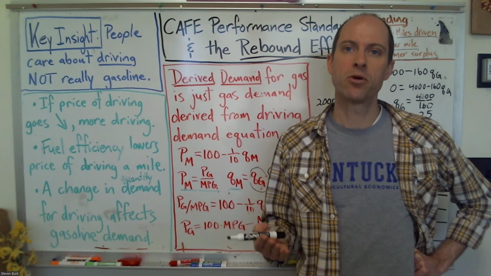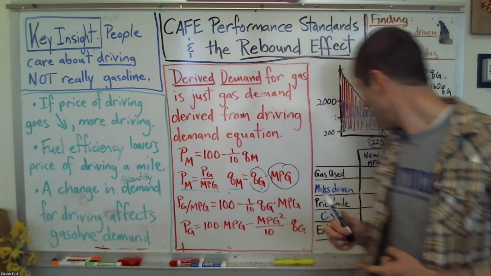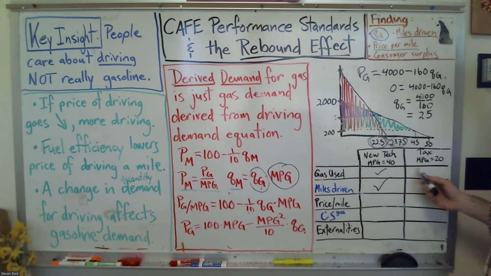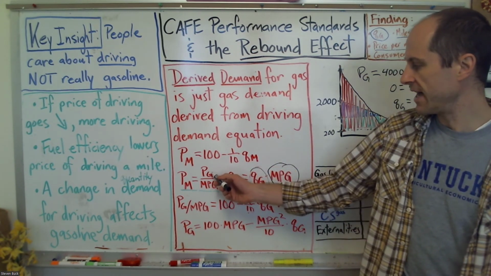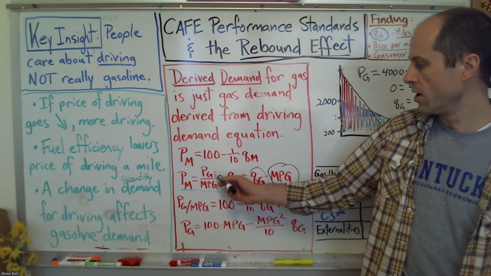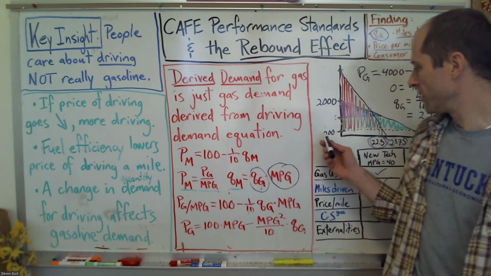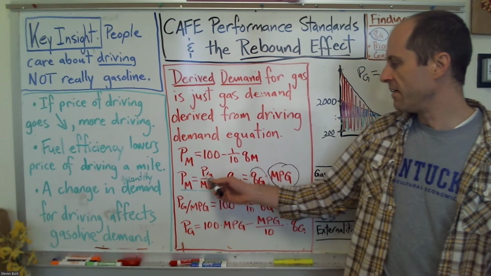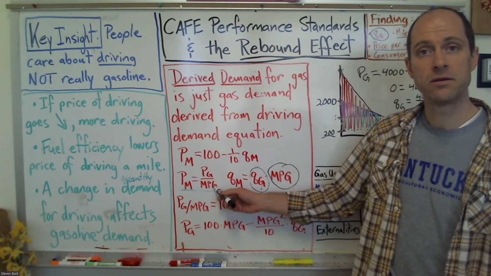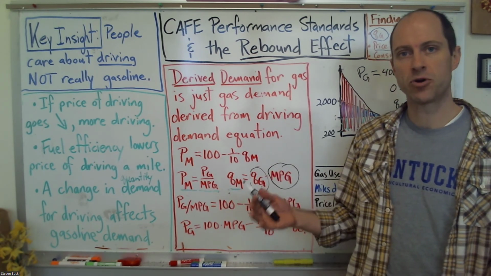Which is going to be greater? The price per mile paid from the consumer perspective, that is the pump price, under the new technology or the tax? Well, the price per mile driven is going to be the price of gasoline divided by the miles per gallon. So under the new technology, there's no tax. We have 200 divided by 40, which is the miles per gallon under the new technology. So we have 5 cents per mile.